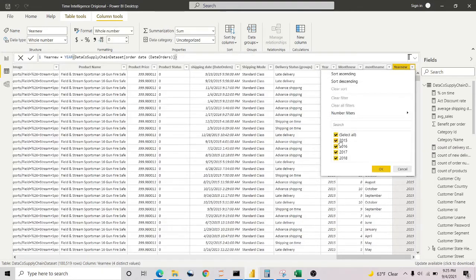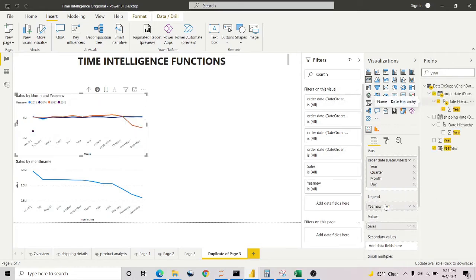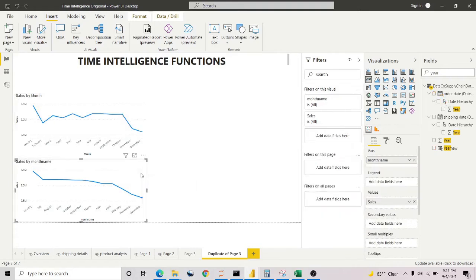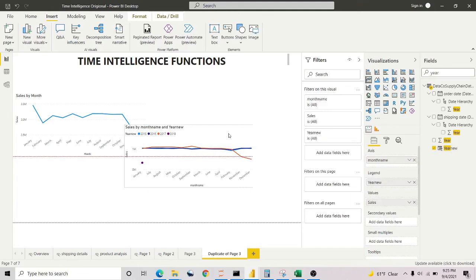So we see the different years that we have from 2015 to 2018. We come back to the visualization. All we have to do is grab the year. So we have the new year, the one I created, and we put it in the legend. Okay, I take it out from here. I didn't want it here. I want it in this plot because this is the original one with the drawdown. I put it here, and basically what it does, it shows us